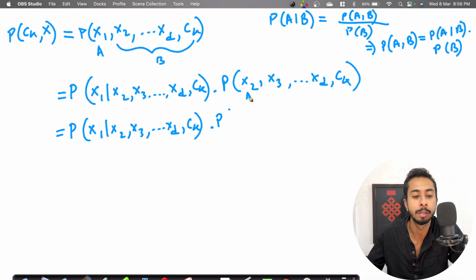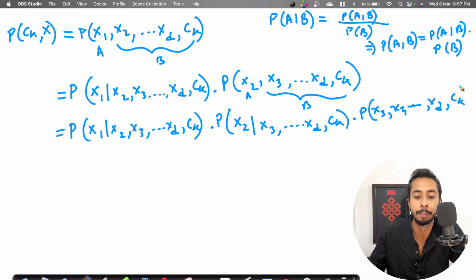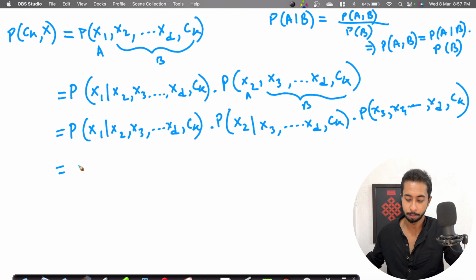Let's say now this is A and this entire thing is B. So probability of x2 given x3 up to xd ck, this is one part, multiplied by probability of B. What is B? Probability of x3, x4, likewise up to xd comma ck. Okay, we can keep on expanding it, and finally